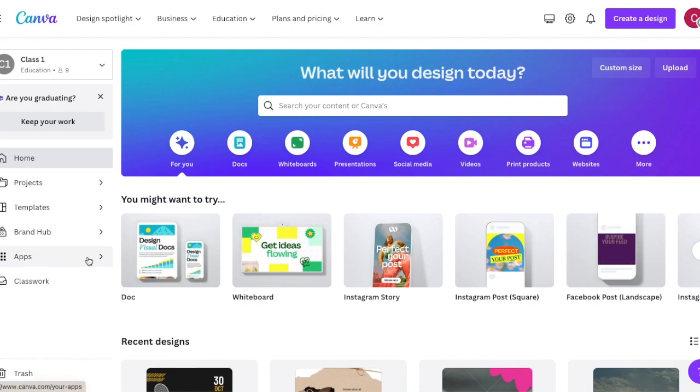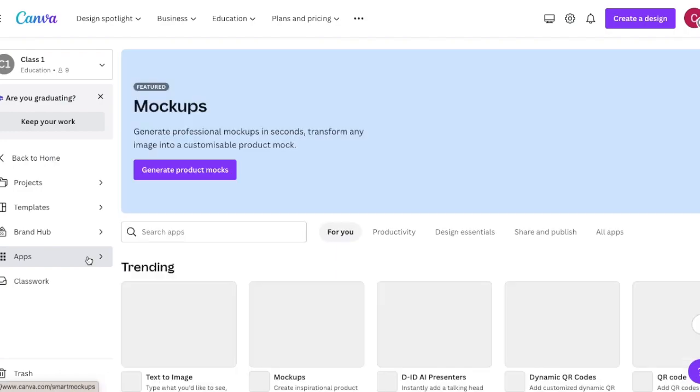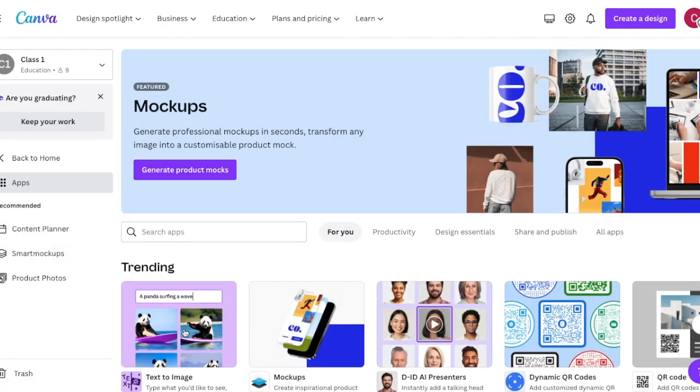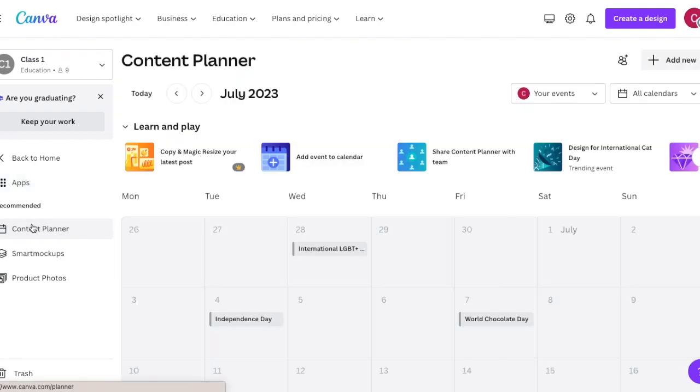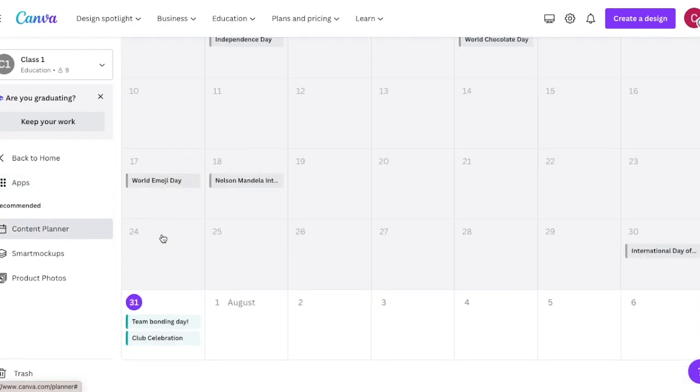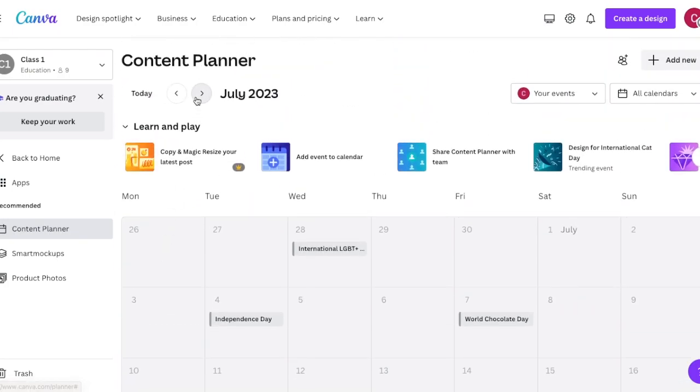Alright, so let's start by looking at the apps section of Canva. So you'll see here that there are a ton of different apps that you can integrate into your Canva experience, but I'm just going to select Content Planner. It should be recommended for you. And what pops up is this amazing calendar, and I'm actually going to move to the next page because it's